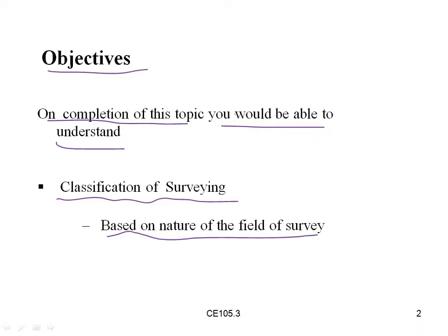That means depending upon the climatic regions on the land surface, we will be doing the field survey with instruments such as chain, tape, iron pegs, ranging rods. Doing it in the field on the natural ground level is called the survey based on nature of the field. And the next one is